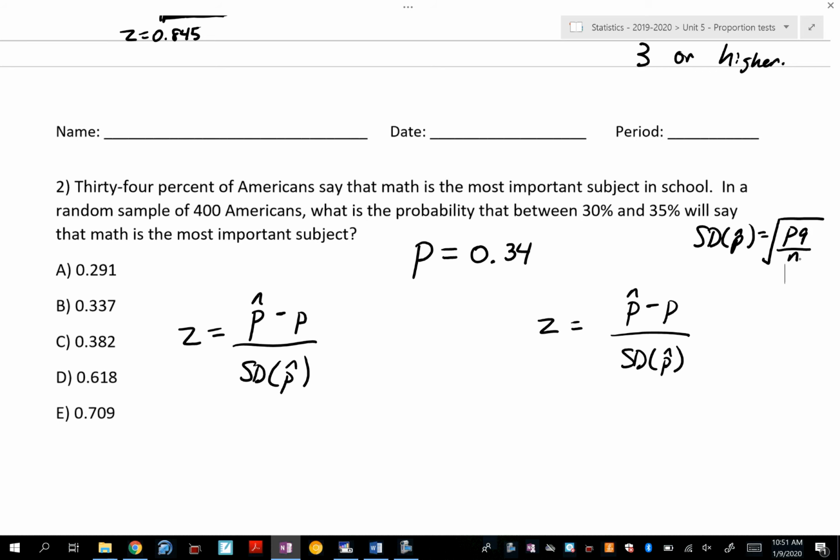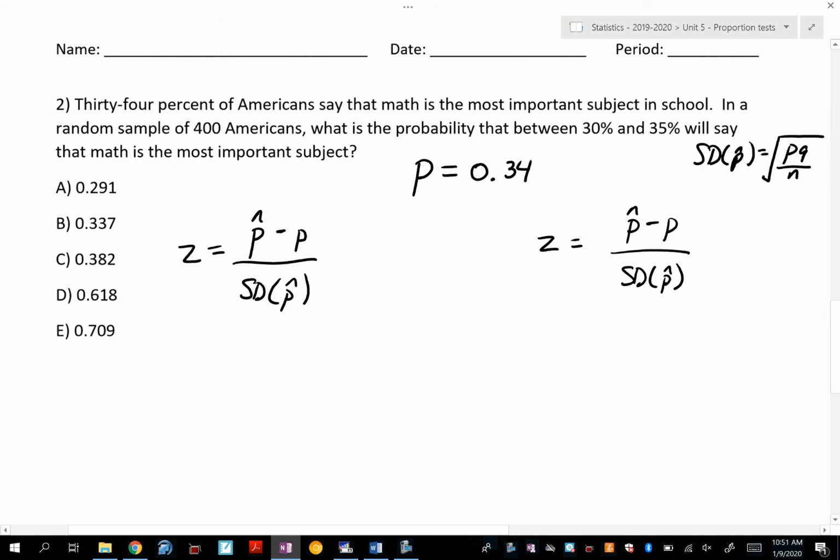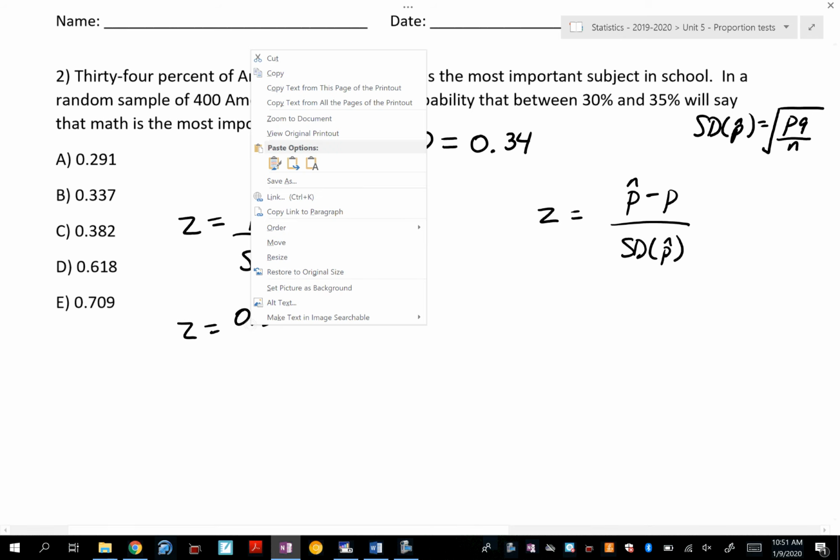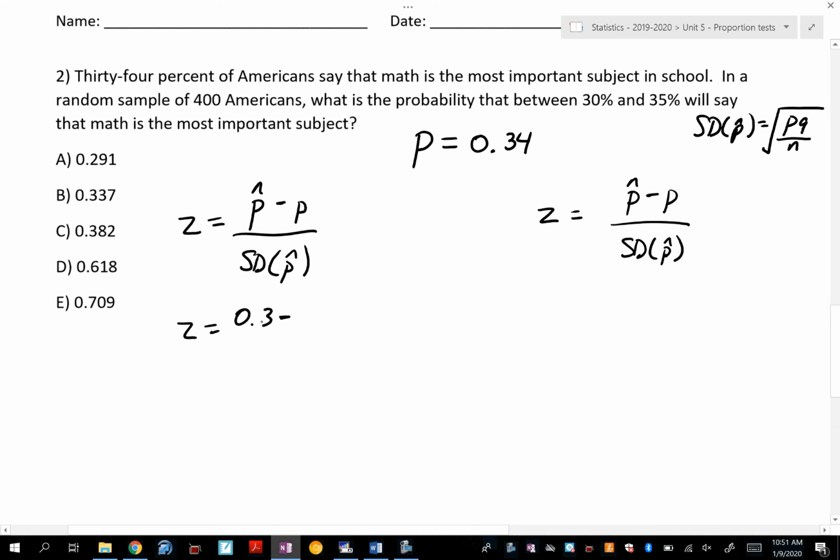Okay, everybody good? Ready to plug in the numbers? Okay, so I'm going to do the low one on this side, right? The 0.3. That's going to replace p hat over here, 0.3, minus my population proportion of 0.34, divided by, I'm going to plug these numbers in, the square root of